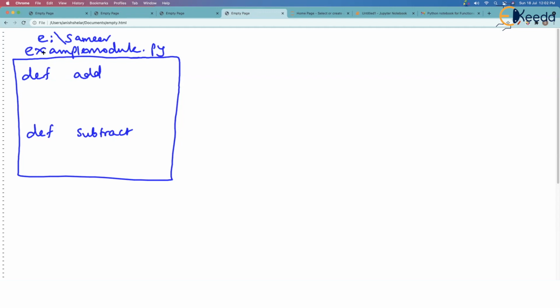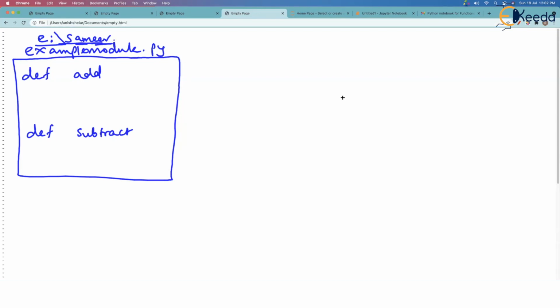Clearly the path will be shown on the address bar on the Windows system. This type of path will be shown, like it is shown here. Of course, this is Mac, so forward slashes are shown. On Windows, backslash will be shown.